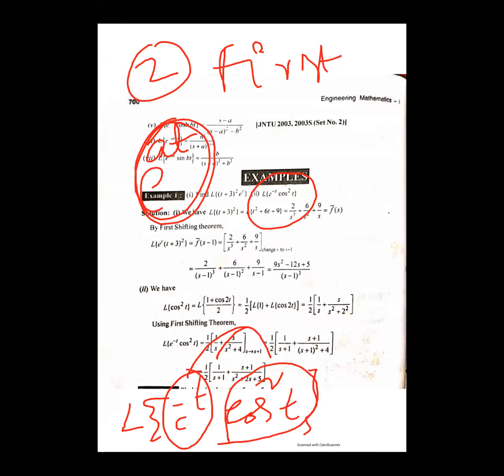సో ఎప్పుడైతే మనకు టూ ఫంక్షన్ sin at into e power at, e power at into t square, e power at into 2, e power at into sinh at, e power at into cos at, any function, one function is e power at or e power minus at. Exponential is one function and the remaining function is any value. Then we identify the type of problems as first shifting problems. అటువంటి ప్రాబ్లమ్స్ అన్నిటిని కూడా మనం ఫస్ట్ షిఫ్టింగ్ ప్రాబ్లమ్స్ కింద ఐడెంటిఫై చేస్తాం.